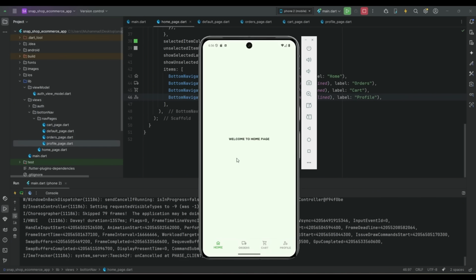So you can see that this is the home page, the default page. Basically this is the default page. Welcome to home page, and then orders, cart, profile. We will complete the user interface of the user profile page, for which we need to fetch the user data